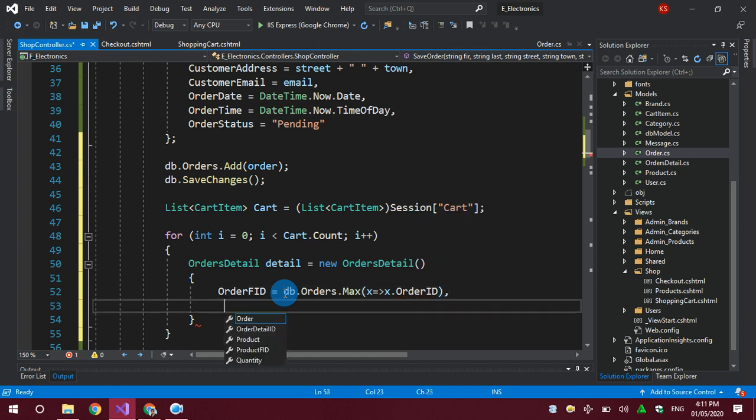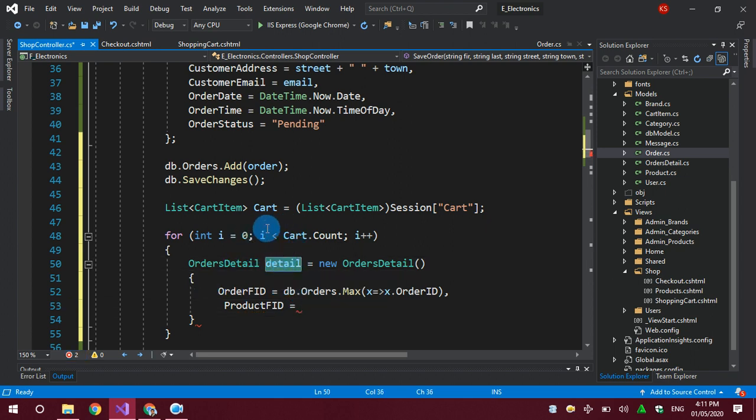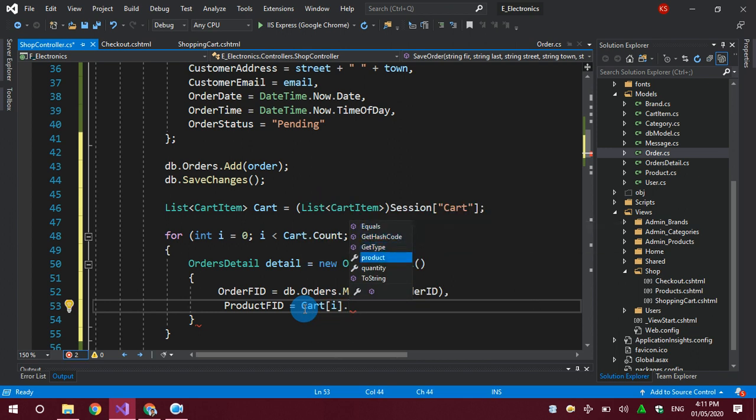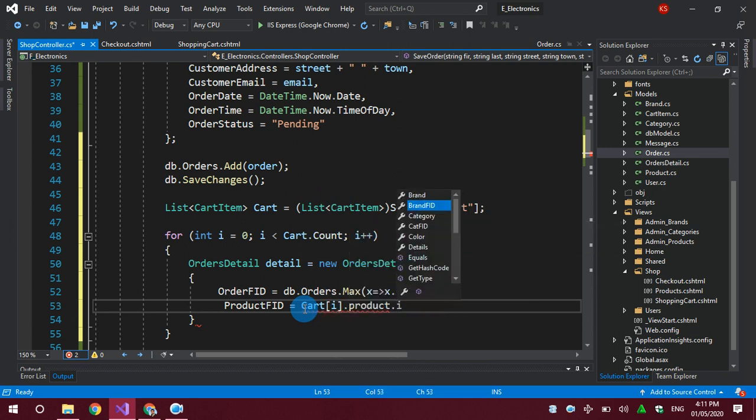Okay, I need the product ID, the product FID here, which will be from our detail, which will be the cart item. I will simply call cart of i dot product dot ID, the product ID.